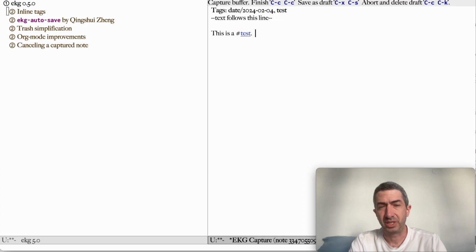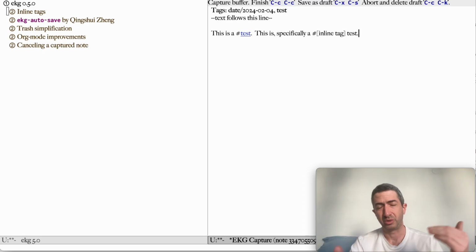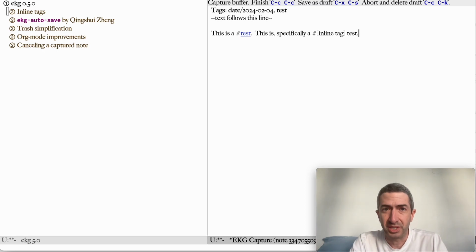And what we can do is this. Specifically, inline tag test. I don't think I have a tag called inline tags, so this should work. Right now it's not going to link it, because there's nothing to link to, first of all, and it just hasn't gone through the process of linkifying it. But once I save it,